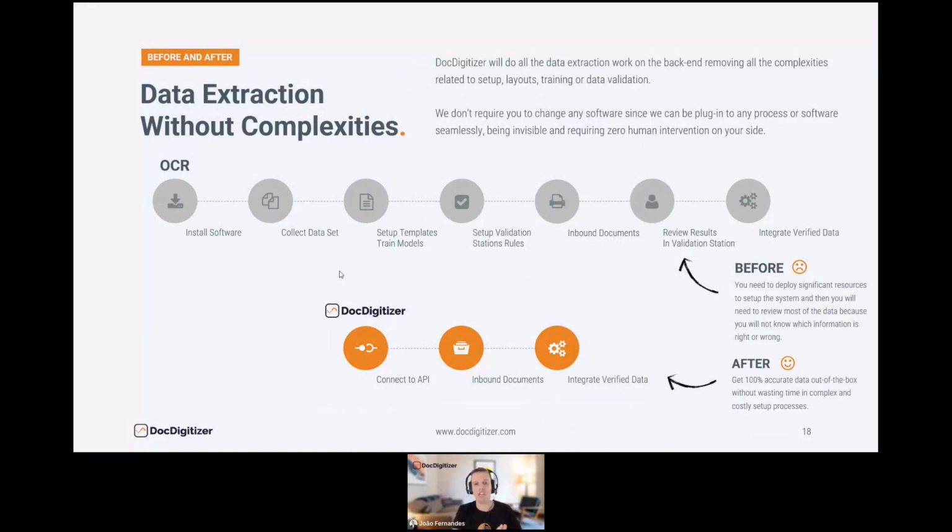So you just connect to an API, we inbound documents, and you integrate verified and trusted data. And this is our main differentiation point, the simplicity and removing all the hurdles of implementing IDP and making it simple. Okay.